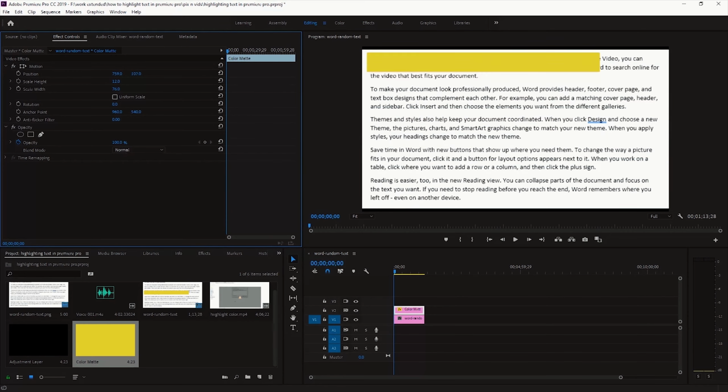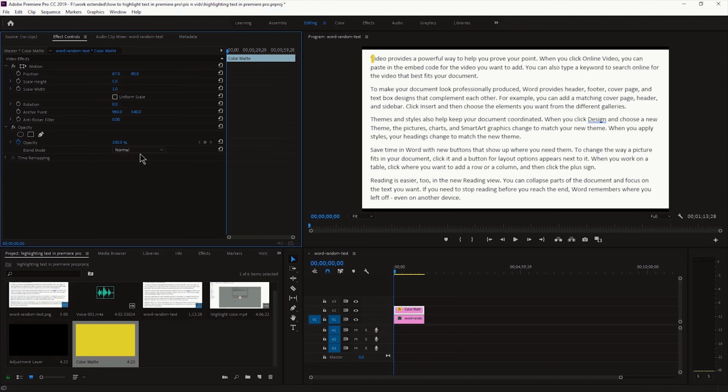Then suppose we want to highlight the first line. So the height is a little more. We don't want that much height. Suppose height is 5 and width should be the least, like 1 or 2 will do. Now we'll place this highlight at the very initial position of the line. I still feel that the positioning is a little awkward, so I'll move it a little bit. I'll adjust it. You can do that according to yourself. Now the highlight is at the initial position of the line.